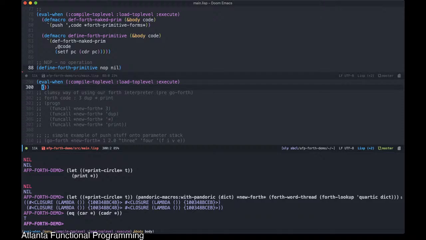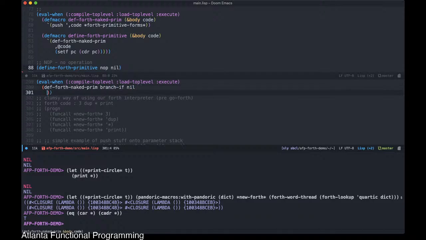So you can consider two particular branches of this to being two different code blocks. So let's try this. We're going to first implement branch if by doing Forth naked primitive branch if, again nil,